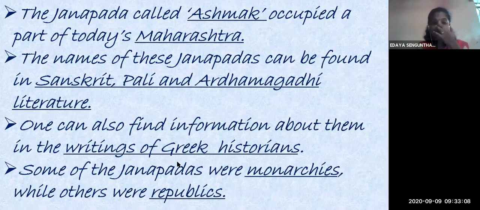The public rules themselves. So similarly, in the 6th century, there were a few Janapadas which were monarchies. Monarchy means it was not a Republic. It was ruled by a particular king. Am I right? Do you get it? Just nod your head if you are understanding me. Yes, very good. So while others were Republics, a few Janapadas were Republics.